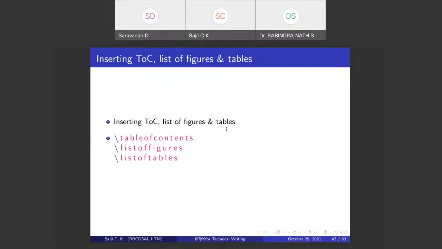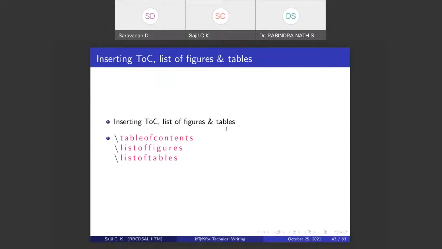There is an easy way to do that. We don't need to write everything from scratch like a table or a list or enumeration. We can simply use one or two commands to generate those. I will show you how to do that.